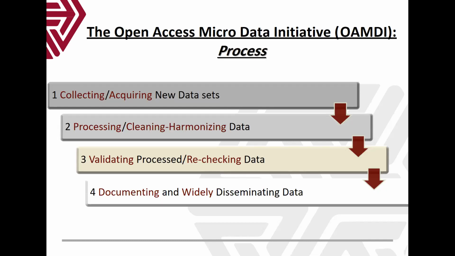And we recheck the data. After harmonizing, we check the consistency of the available data set with the previous one. For instance, if we have right now the labor force survey for 2020, we check its consistency with the previous one and the one previous to that, and we check the consistency of the results that we have with the reported or published one by CAPMAS, and make sure that everything is consistent, there are no errors, no mistakes.